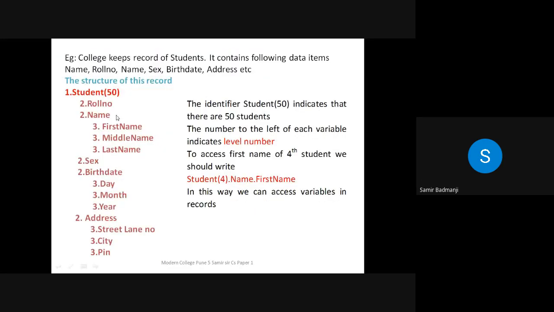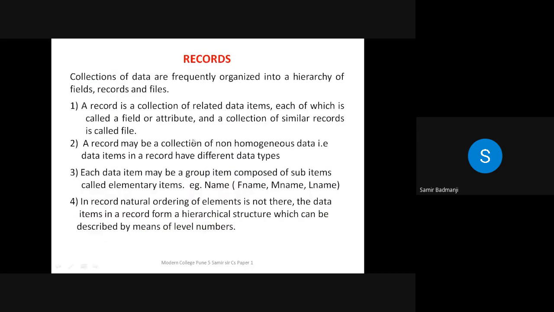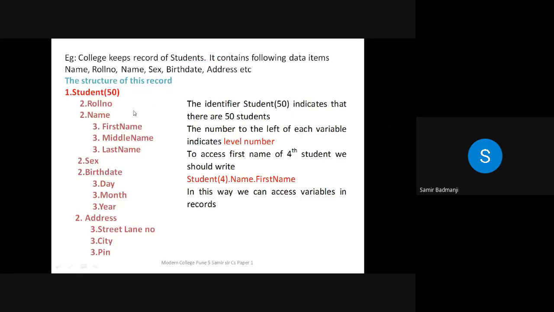Usually the question is asked for either 3 marks or 4 marks. If it is asked for 4 marks, then you have to write all these points along with the structure. You can draw any structure. Even if you write up till year, it will do. No need to add more. Hardly 5 to 6 fields, if you write, that is also enough. Just write down the structure and explain it according to the level numbers. And the level numbers you also have to write like this.